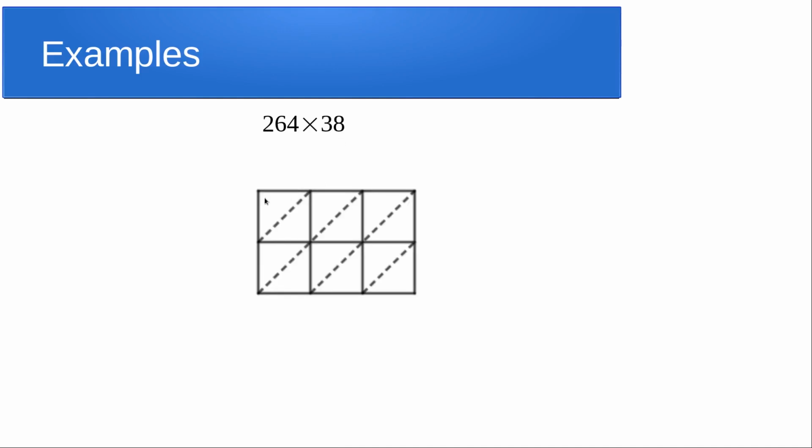Now we're only going to do one example because you do the same thing over and over again with lattice multiplication. So if you understand this example and you can follow what I do, you'll always be able to multiply integers together. So the first thing we're going to notice is that we've got a 3-digit number by a 2-digit number. So what we're going to do is make a grid which is 3 by 2, and that's where the 3-digit number there and the 2-digit number there, and each box we're going to separate with these